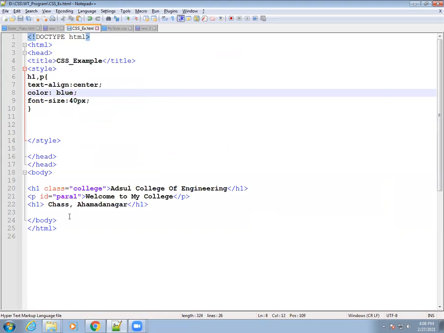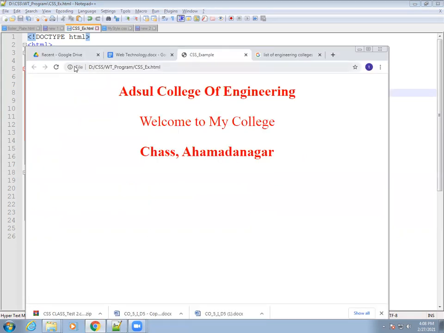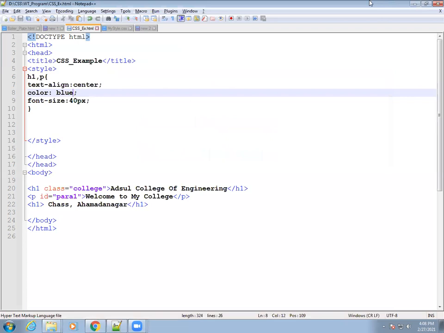Okay, let's save this file again and run. Yes, you can see welcome to my college, which is the present change, and the other. In this way you can write the code and change the content or the design in your file. So let's stop today's lecture and start a new topic, XML. Okay, thank you.